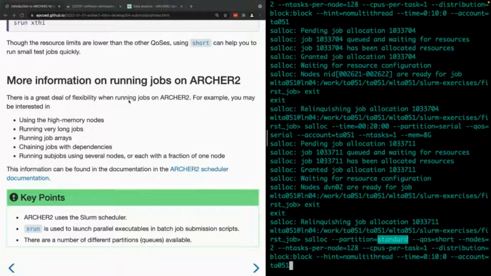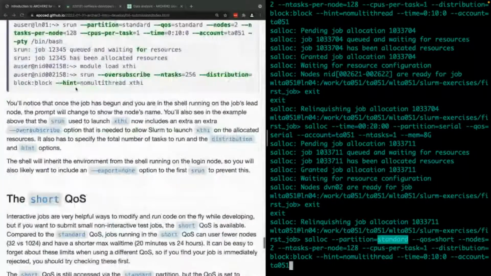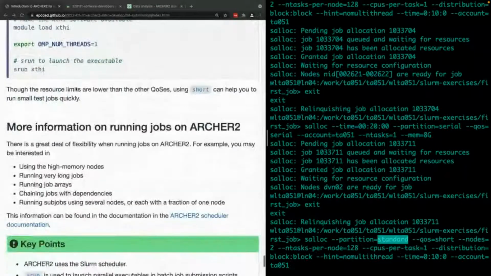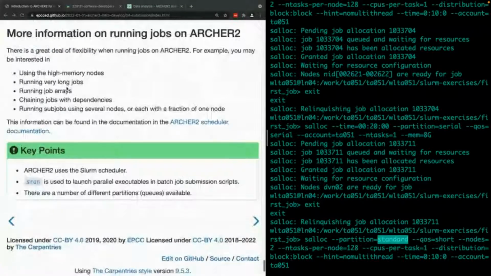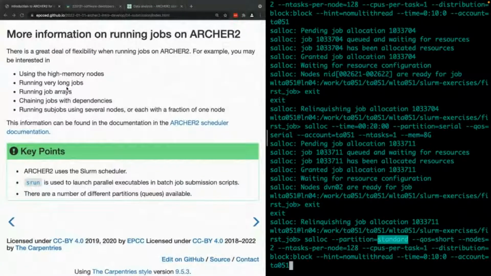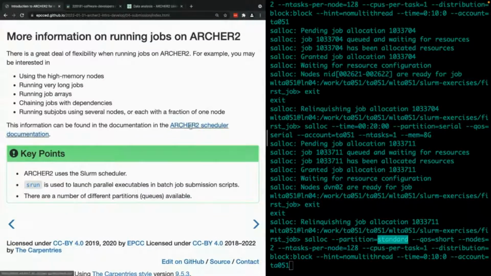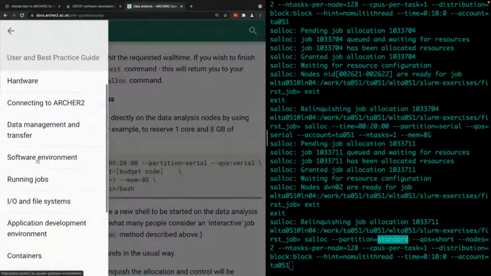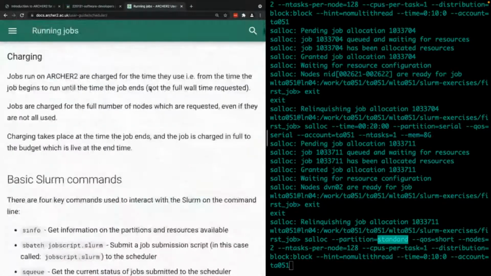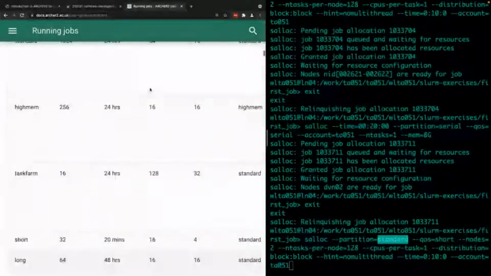So there's a lot here. Again, it really depends on what you want to do. This session this afternoon has hopefully given you a sort of crash course introduction using this one example of XEHI. But if you need to know how to run something slightly more complex, the Archer2 scheduler documentation is all here. This is the page here, and this covers essentially everything we've been talking about, but provides,